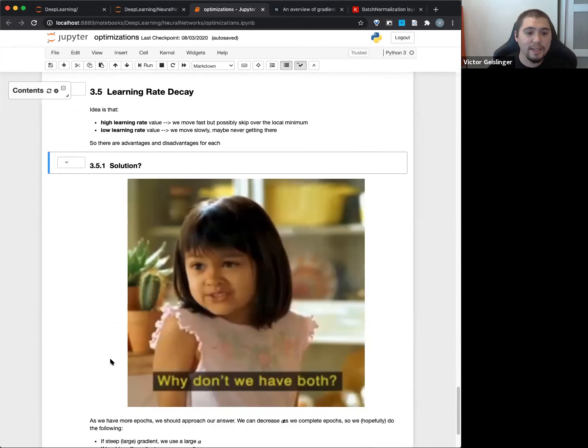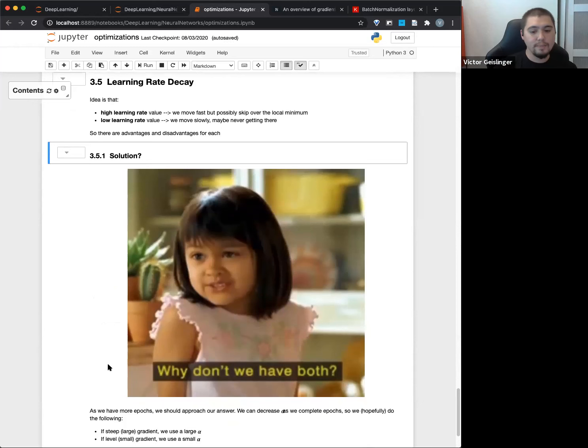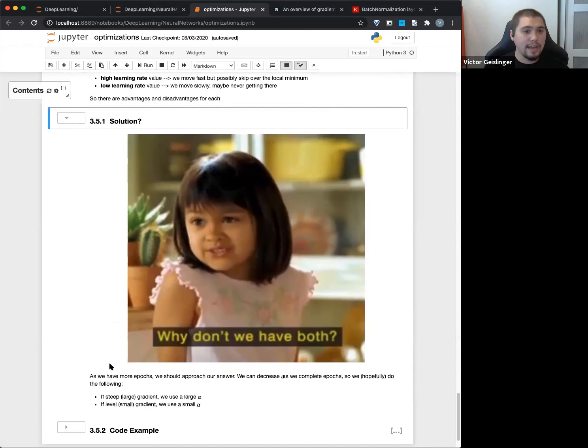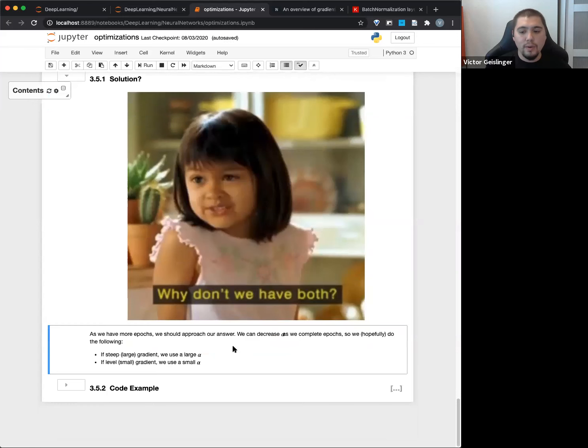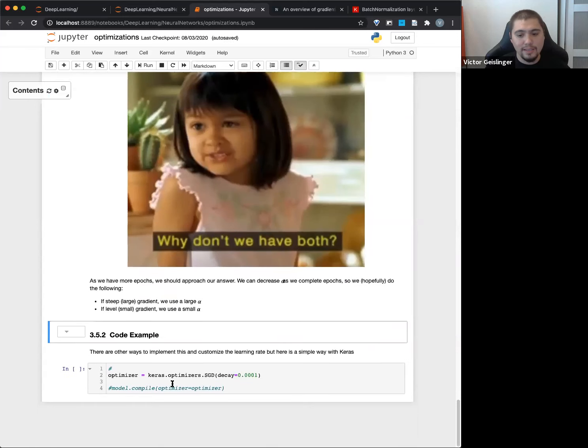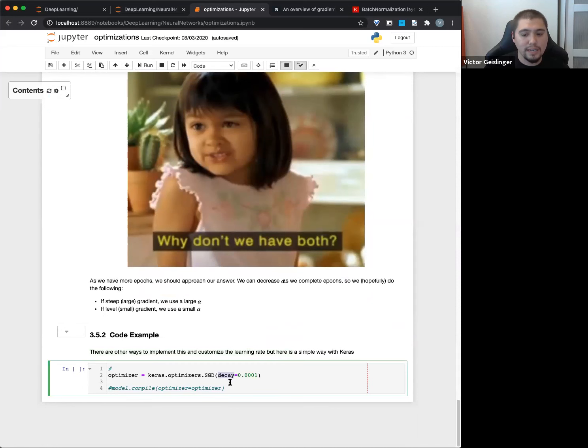We do both. We start off fast. When we have a large gradient, we have a large alpha because we can jump down the mountain really quickly. Then as we go further along in epochs, we make the alpha smaller and smaller. We can use something like an exponential decay. What's nice again is that good old Keras has an optimizer option for this, so you can actually set the decay in here. You can play around with this a little bit, but it's basically saying how much the decay is every step going forward. And note that you can have multiple things you can do. You don't have to do just one of these things.